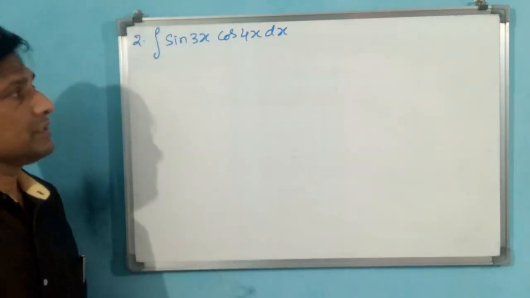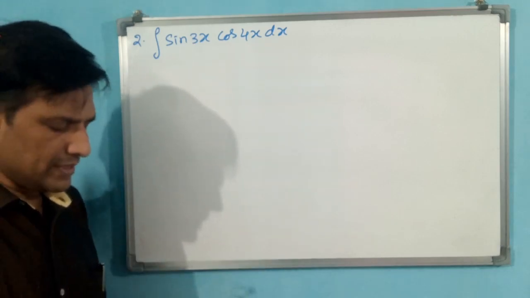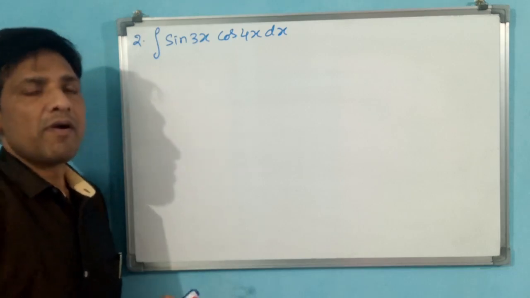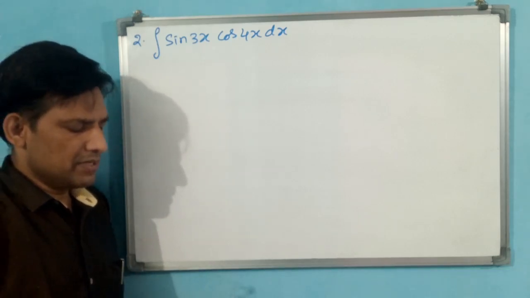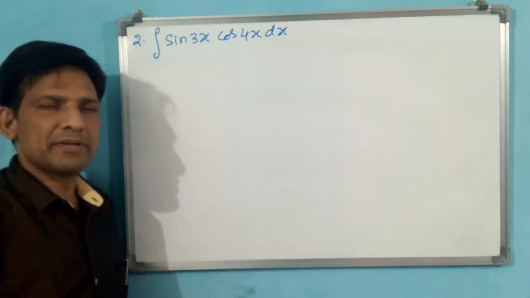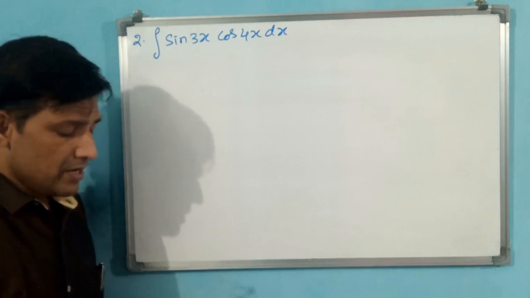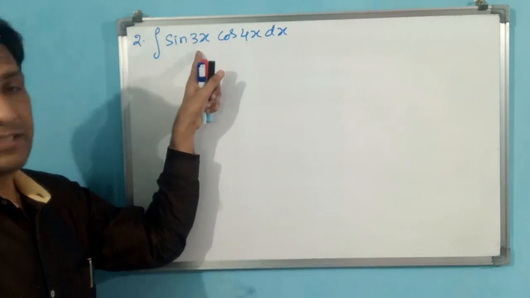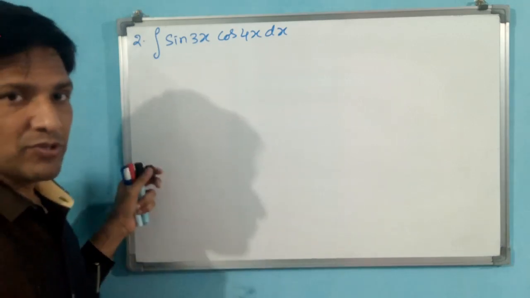See, second question: integral sin 3x plus cos 4x dx is equal to how much, like they have given. Normally how can you do this? Simple logic. This formula you have to apply, sin a plus b plus sin a minus b, or sin a plus b minus sin a minus b. Which one? Why? Because see, 4x is bigger, 3x is smaller. That means cos a sin b is coming. Cos a sin b means you have to remember like this.